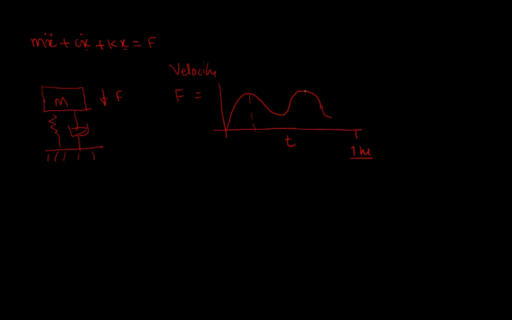Maybe you are sitting on the chair, and then you are again getting up. So only these two steps in 1 hour. So it is a very small frequency. Obviously, whatever the change in the velocity or acceleration is very small. You can't say it has a dominating value. So that cannot be considered, and I can remove these two terms, and my equation becomes kx equals f. Then it is called a static equation.